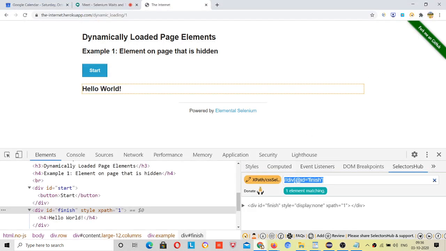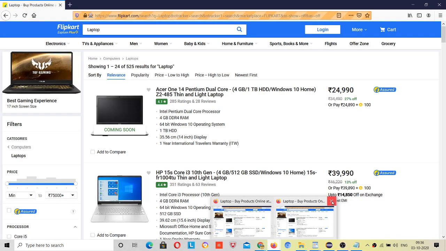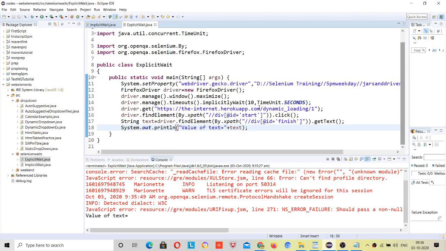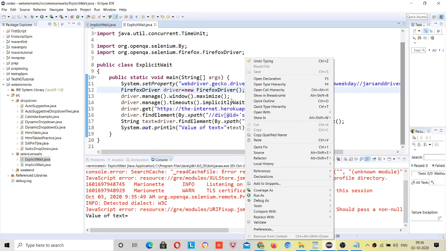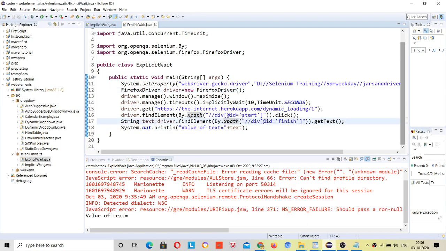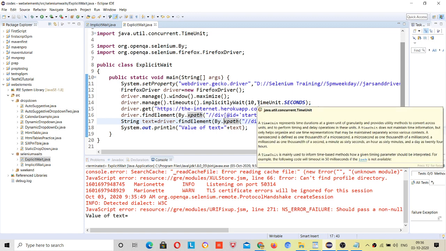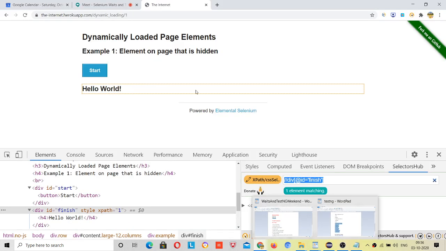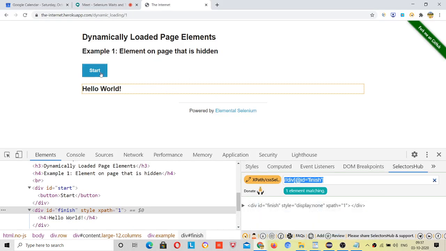Let me run it again. Okay, it has not clicked on ID just because of this reason, right? I have highlighted all of this.